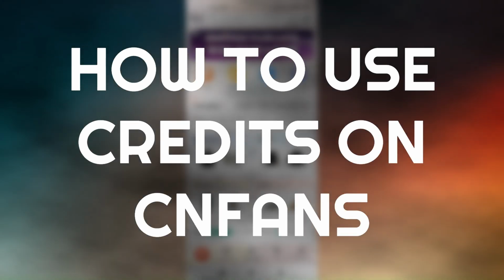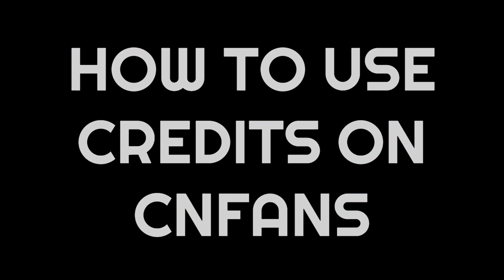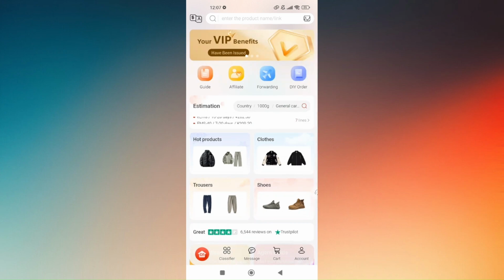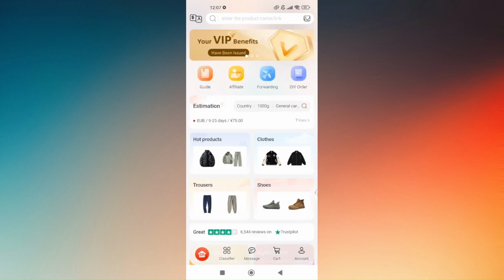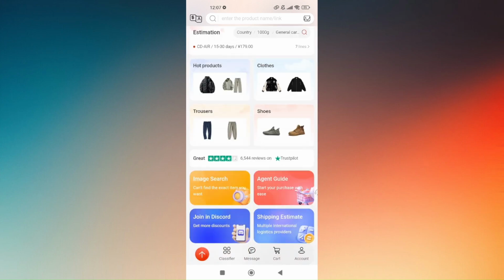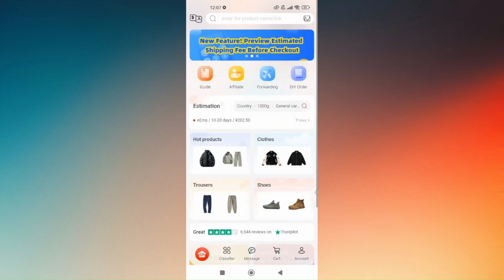How to use credits on CNFans. First things first is to access your CNFans application, and if you already downloaded it, you just have to make sure that you're currently running the latest version. Now, after accessing the app, make sure that you're logged into your account, maybe by using your Facebook or your